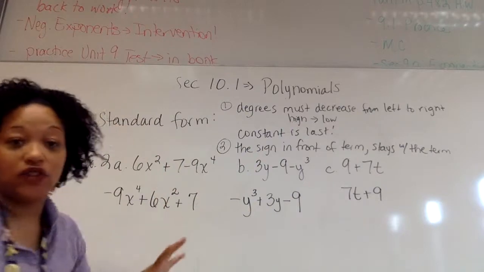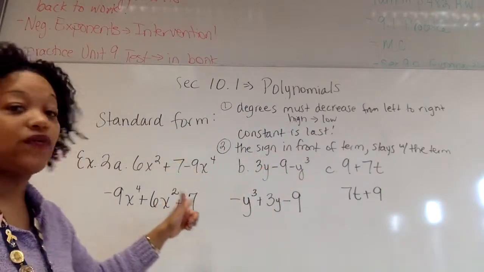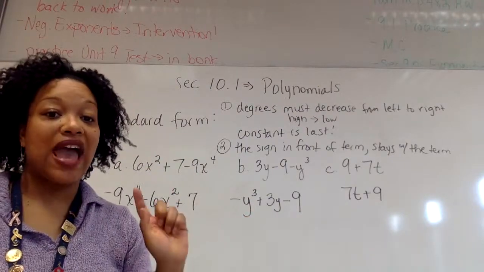So one of the things you're going to have to do on your homework is name them, first name, last name, put them in standard form, and the third thing that you're going to have to do is add and subtract. That's what